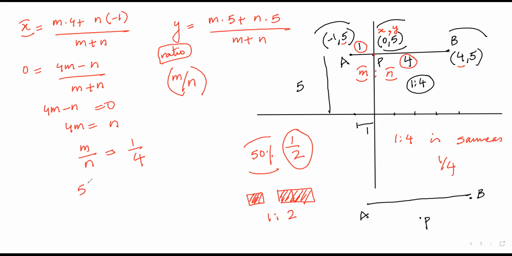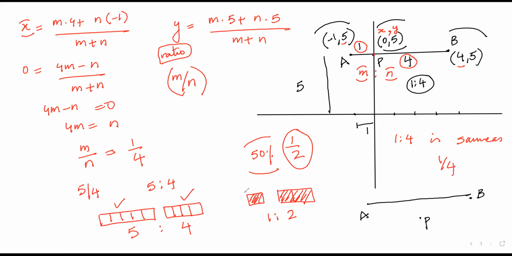Similarly, if you say 5 by 4, this can also be used to say 5 is to 4. If this is 5, 1, 2, 3, 4, 5, then this will be a little smaller, 4. This is 5 is to 4. Remember, students, you cannot say this is 4 is to 5. Then it will be wrong. The first one is bigger, say 5. The second one is smaller, say 4.